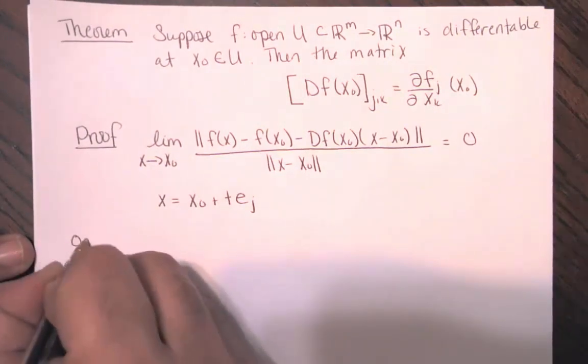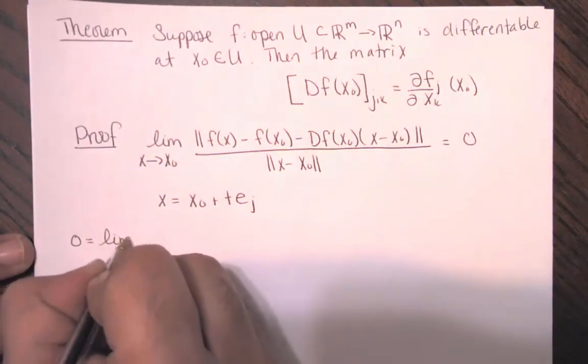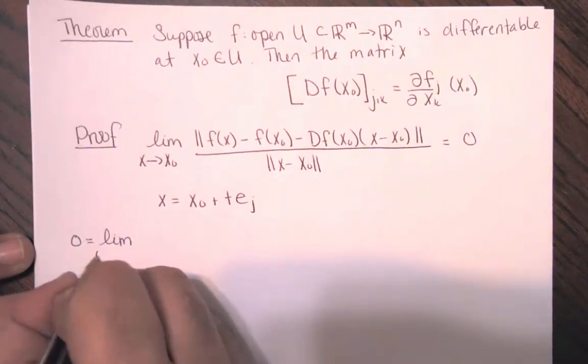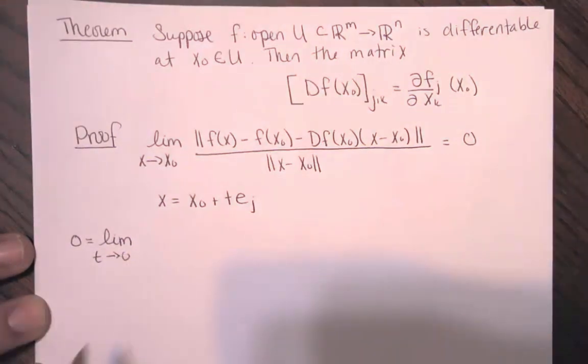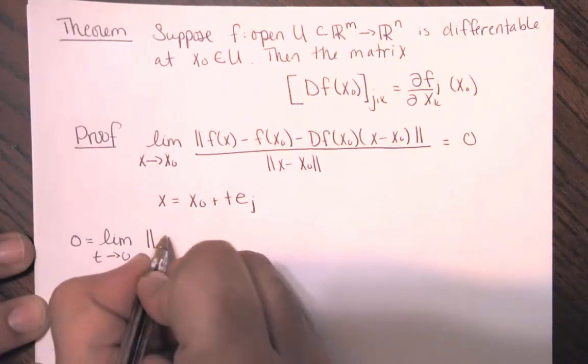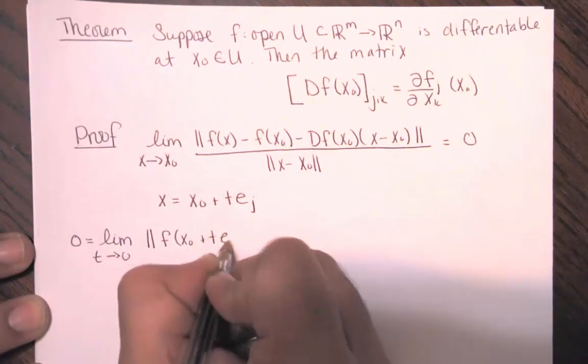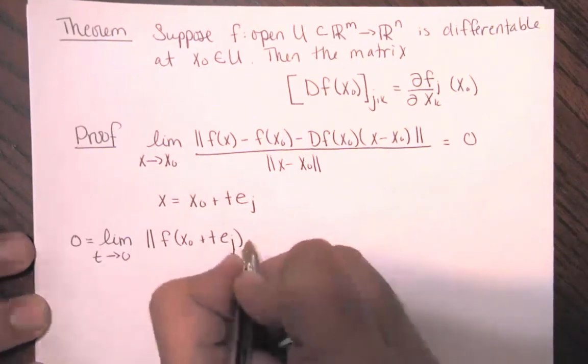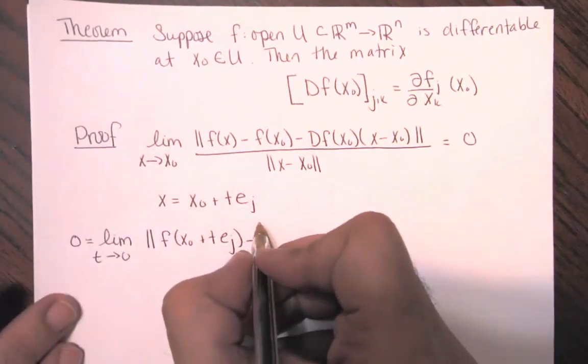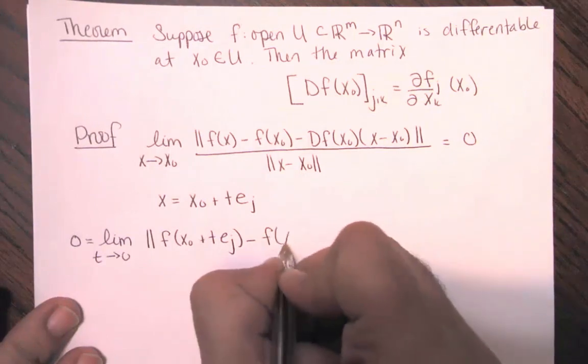So I get 0 is equal to the limit as t approaches 0 of f of x naught plus t times ej minus f of x naught